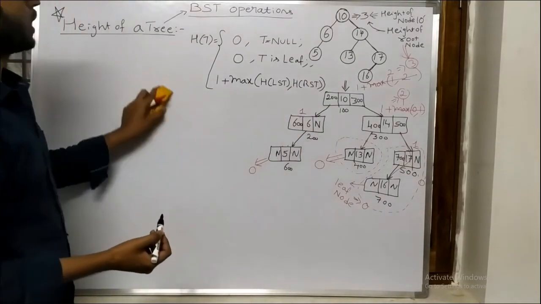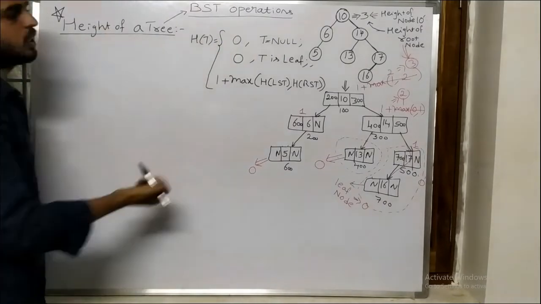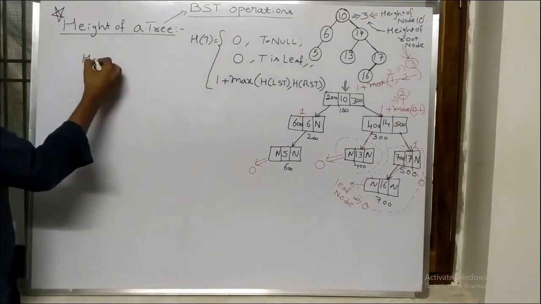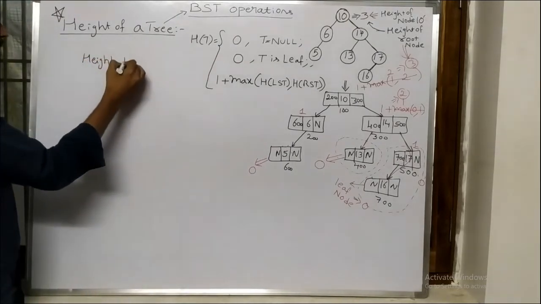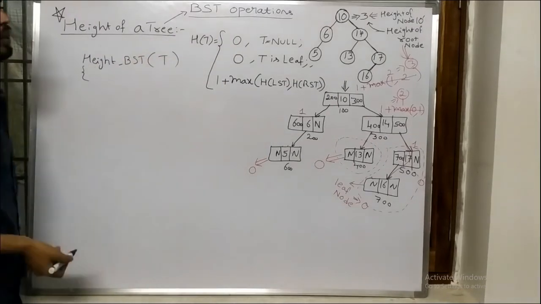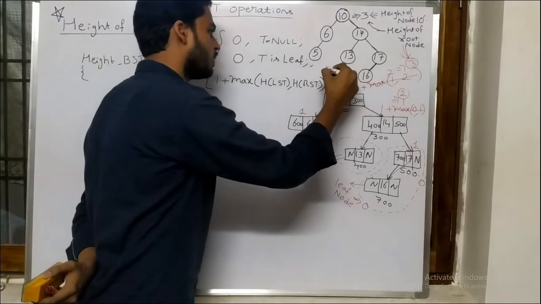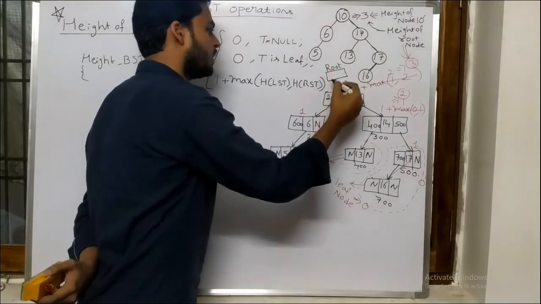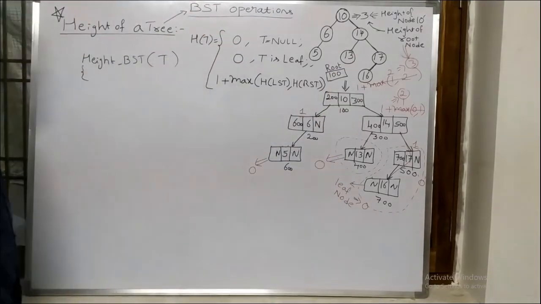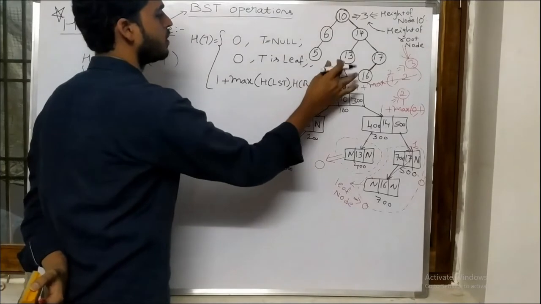Okay, fine. Now we'll write the implementation logic to calculate the height of the binary tree. Once you have understood this, implementation is very easy. Now I am going to write the height of binary search tree. I am going to pass some particular address for this one. You already know there is some root, and initially it contains the root address, right? That particular one I am calling T.